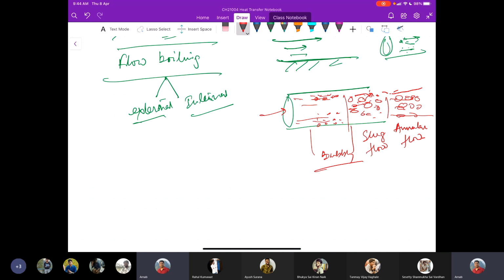Because the logic is pretty simple: as the heating goes on, the vapor formation occurs near the surface, and then it tries to escape, it tries to come to the center. The comparatively cooler liquid goes near the surfaces. So after a certain stage, you would see the liquids are near the wall and most of the vapors are forming the core of the flow, which is called the core annular flow.